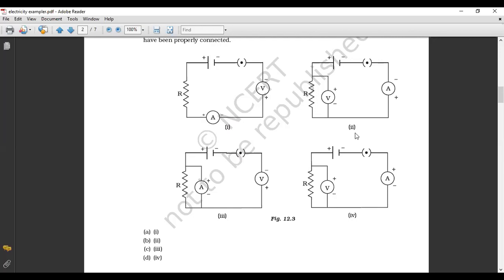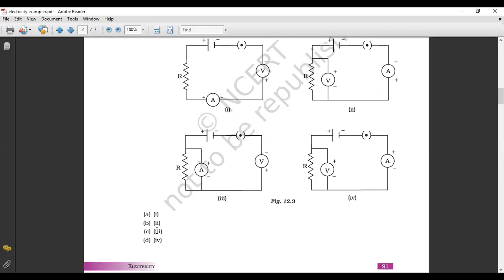What about option number 2? In option number 2, it's given that the ammeter is connected in series, the key is also connected, and the cell is also connected, along with the voltmeter connected in parallel. So I hope this is the correct one. And what is in 3rd? Here the voltmeter is given in series, it's wrong. What's in the 4th point? Here it is given that the negative terminal of the cell is connected to the positive terminal of the ammeter. It is also wrong. So option 2 is the correct answer. So the answer is B part. B part is the correct answer.